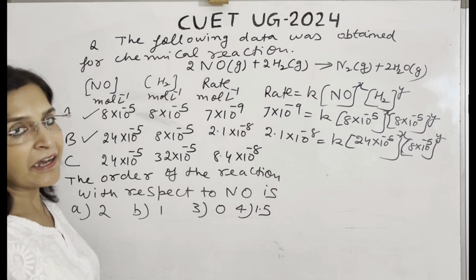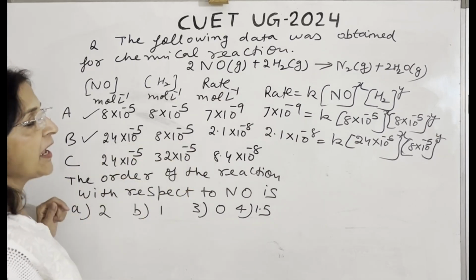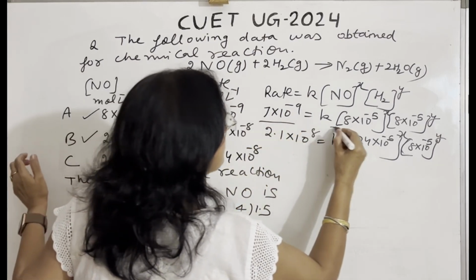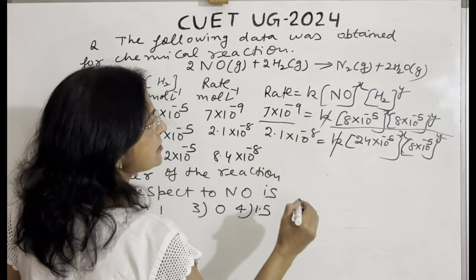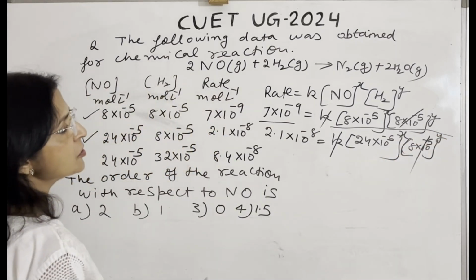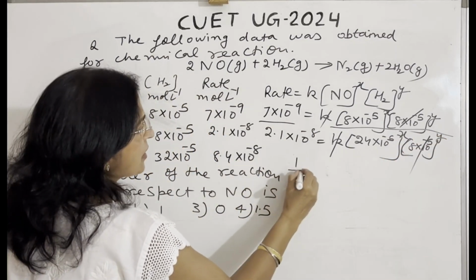These are the rate law expressions for observation A and for observation B. Now what will we do? We will divide them. The rate constant cancels out. The concentration of hydrogen cancels out. The equation becomes,